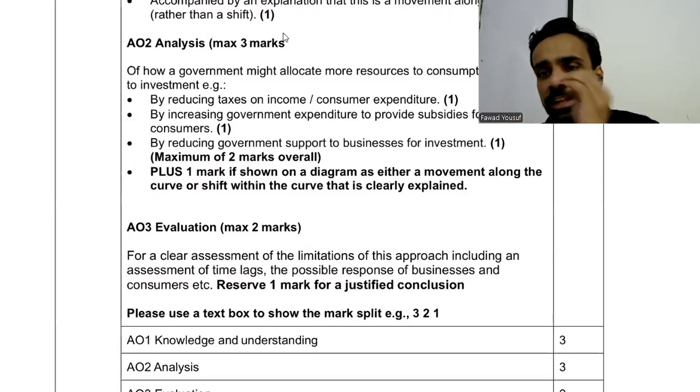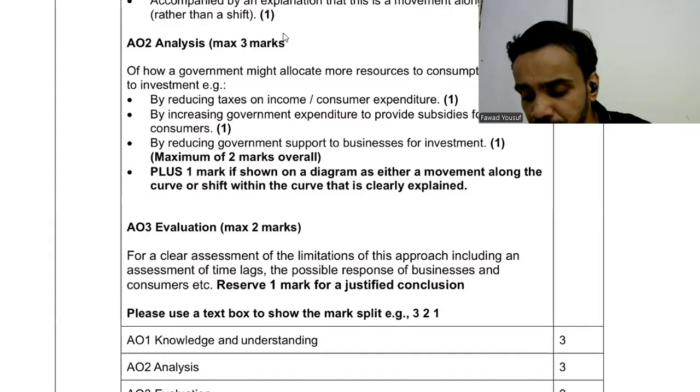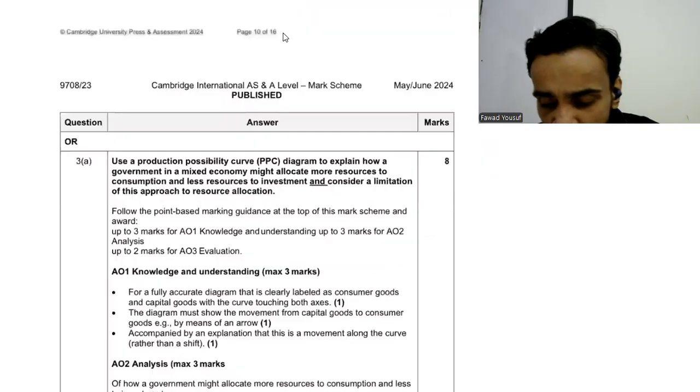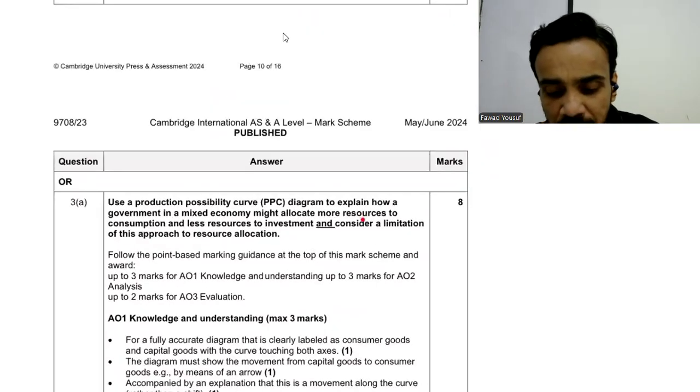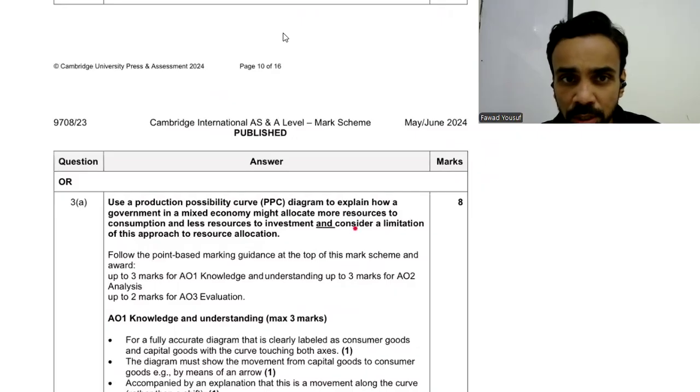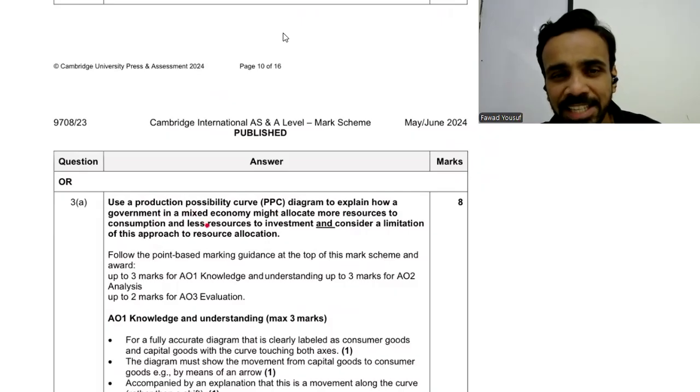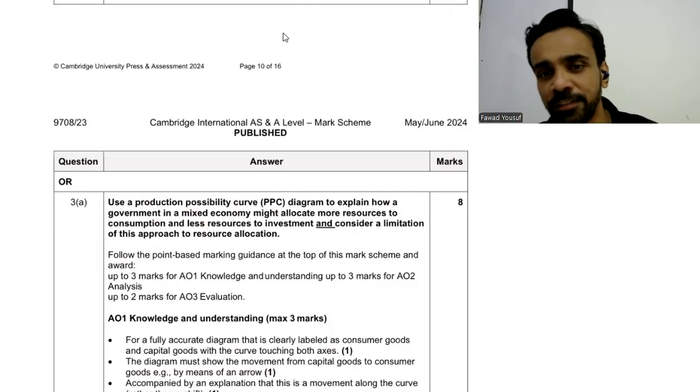So when a kid gives that response, make sure you tally that response with the main essence of the question, right? Which is that when government is trying to do something and that something might not work effectively,